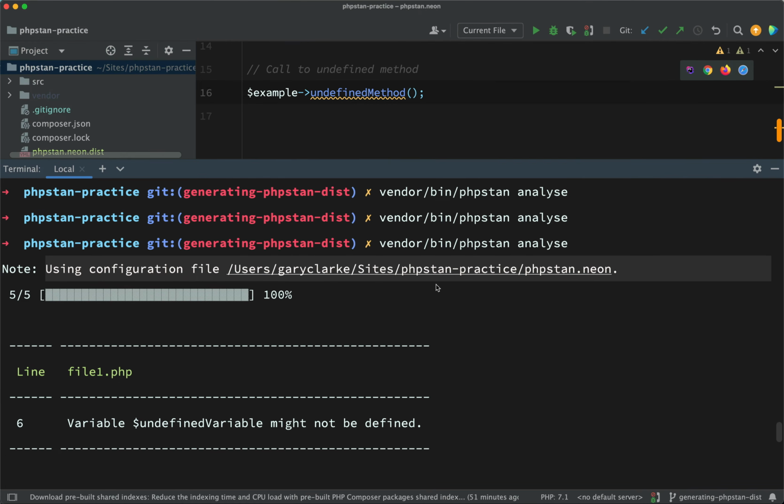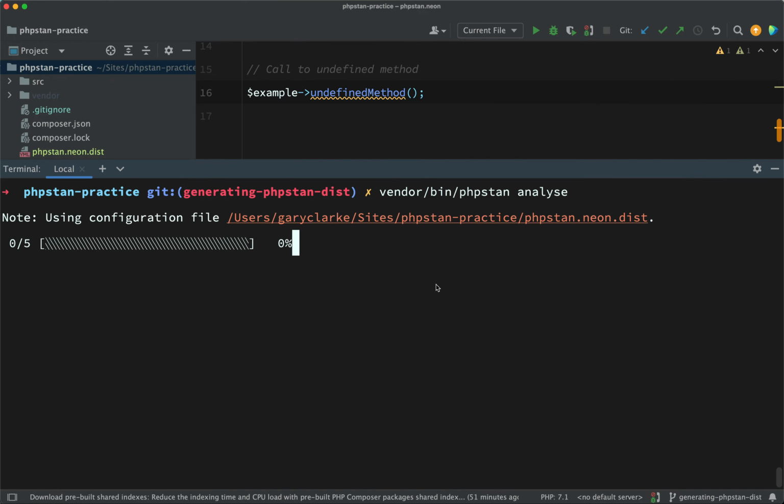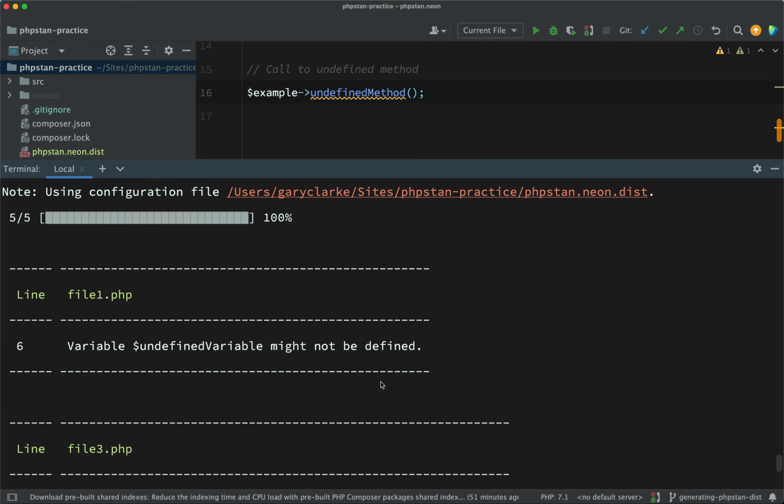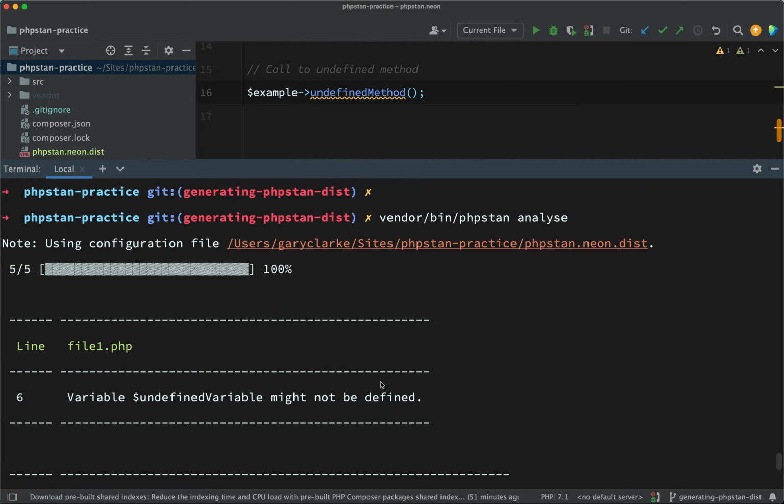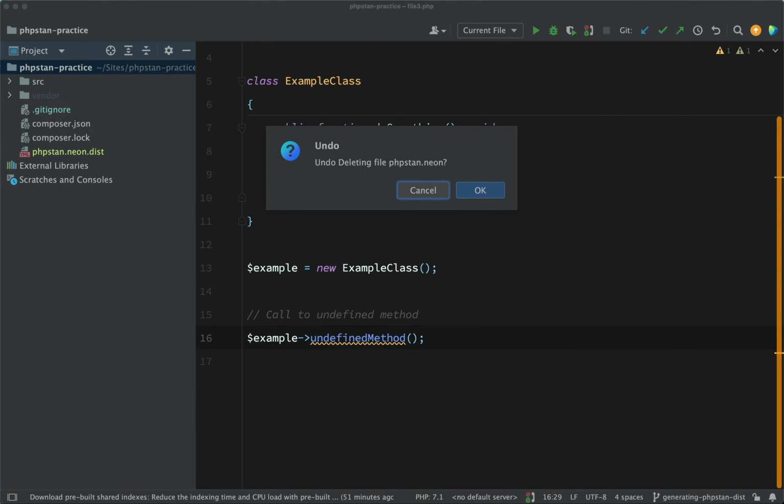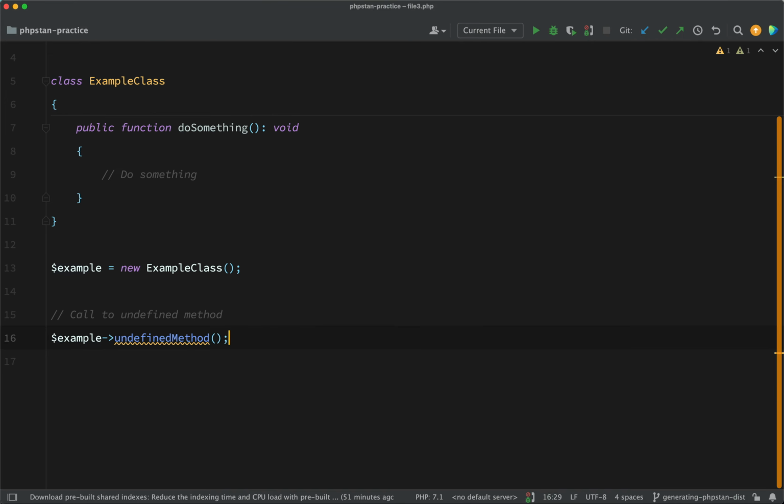If I didn't have a phpstan.neon, in fact, let's just delete this. What it would do is it would read the phpstan.dist file. So we'll scroll up to the top here. That one's set to level 2. And so this time it's saying using configuration file phpstan.neon.dist. Okay, so I'm just going to put that file back which we deleted,